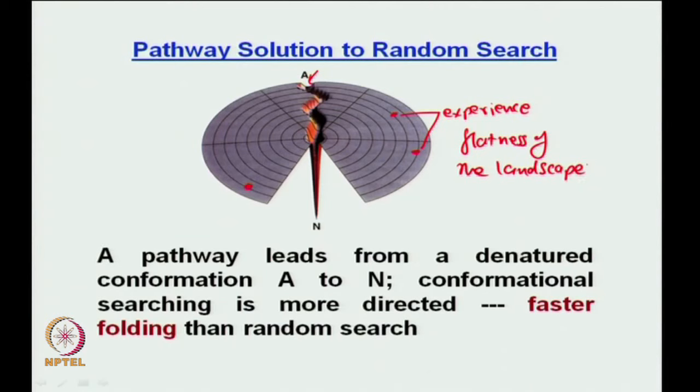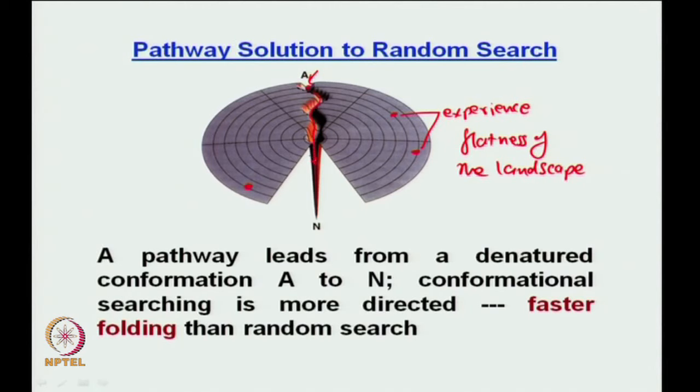Okay. Now, what about a conformation which is here, which is represented by A? Because this is also a part of your landscape, you will be having a set of conformations defined by A. And if the conformation starts from A, then what will happen? It will not have to search because the tunnel is already made for it. What does it mean? It means that its path is already chosen for it. That means it has a specific pathway. Remember, we are talking about folding pathways. So, what it will immediately do is it will just follow this and then come in